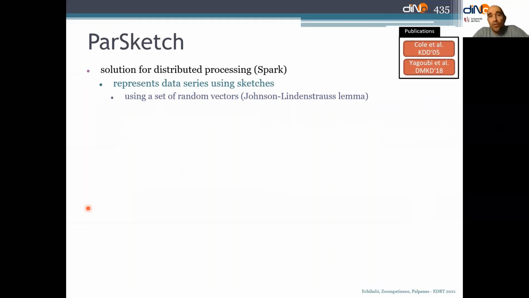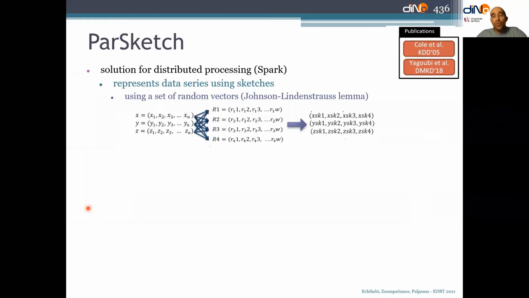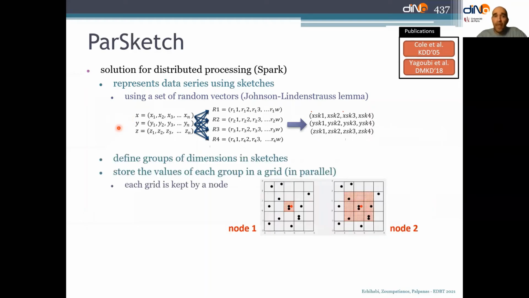Finally, ParSketch is a solution for distributed processing. It uses Spark. It represents series using sketches based on the Johnson-Lindenstrauss lemma. So each series is represented by a set of different sketches. And then these different sets of sketches are distributed in different nodes on the cluster. Now each node then builds a grid index, and